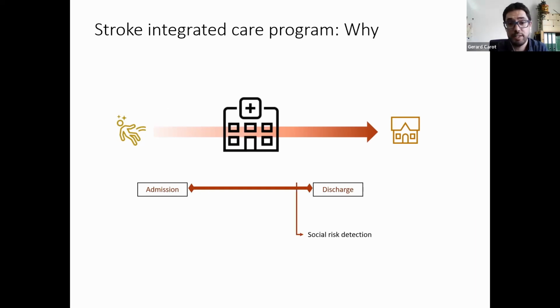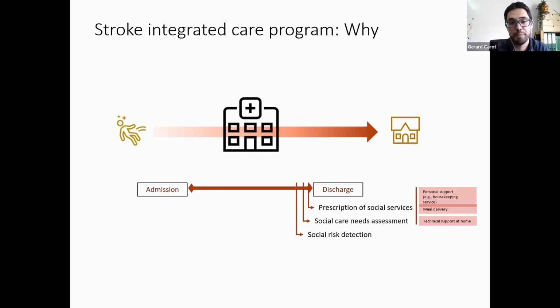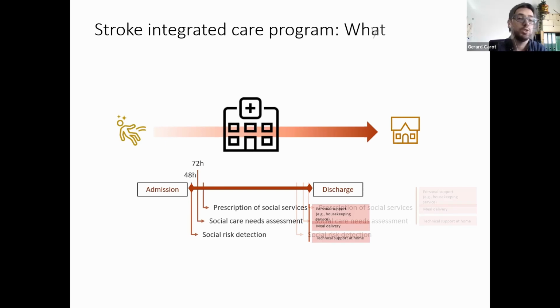We see that in this usual care, at least in our country, the assessment of potential social needs is performed at the very end of the hospitalization process. So we decided to start making this evaluation right after admission, anticipate the needs at home and the support that these patients will need, and start prescribing and starting all the process of this